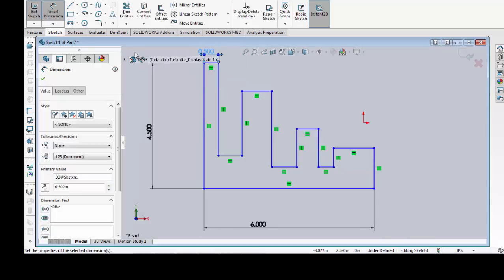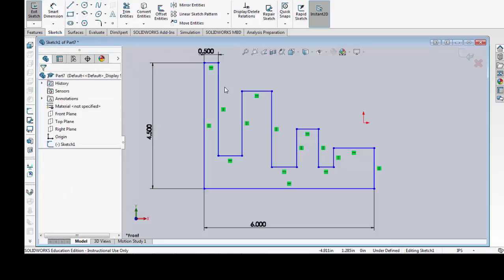And I'm going to stop here for a little bit. To stop it, I'm going to click on Smart Dimension. So now I need to add relations to this line, this line, this line, and this line because they're all the same length. I could just go to Smart Dimension and dimension each one individually, but if I create this relationship, if I was to change this to, let's say, 0.75, all of these would change automatically. And so it all depends on the design intent that you will have,